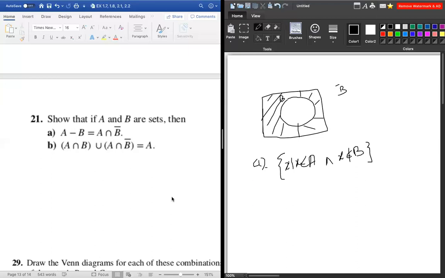Okay, question. So part number B. So should we show how to prove that A part actually? We basically have to, so here we have to show that if A and B are sets, then A minus